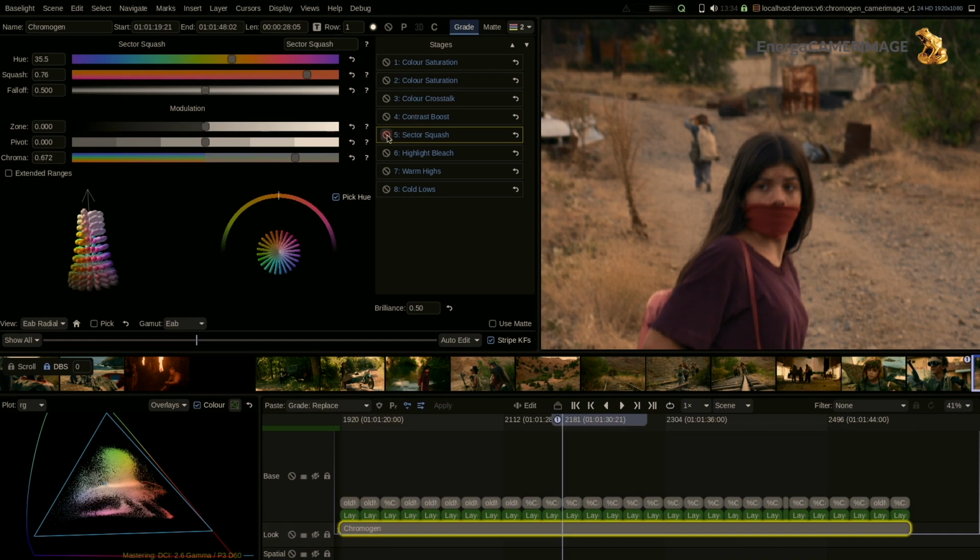Now the sector squash should not affect that one too much, because I've already raised the chroma slider to say, for the saturated colors, don't do so much of the squashing. Hopefully you can also see it here, if I'm just moving the squash, how it affects that bird's eye view on the